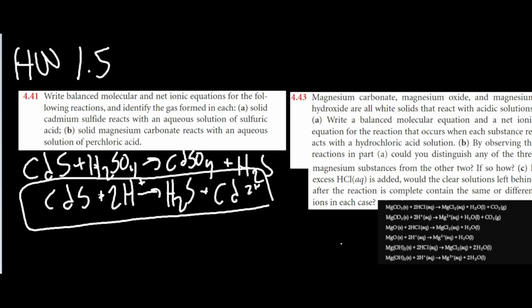Now, 43. This is going to give you a bunch of random chemicals, and it's going to ask you to make the net ionic and molecular equations. So I've put a PNG of all of the equations, and that is the answer to part A, because I did not want to write all of them out. Now for B, by observing the reactions in part A, could you distinguish any of the three substances from the other two? So yes, you can, because, and this is kind of an arbitrary answer,